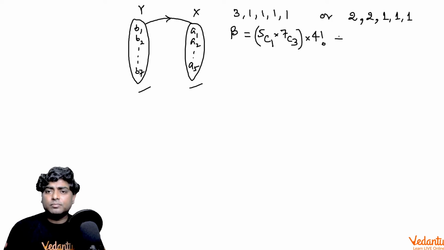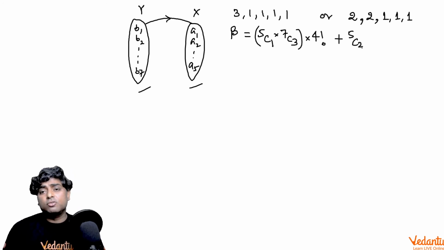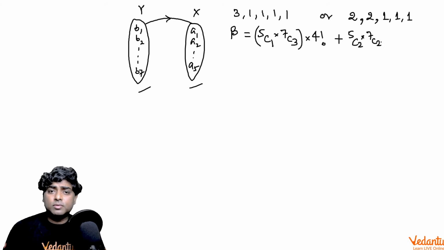Second case is 2 2 1 1 1. So how can we find this? So there are two elements of x going to be engaged with two elements of y. So what are those two elements of x? So we have to select it in 5C2 ways. Now for the very first element of those two selected elements of x, say we have selected a1 and a2. Now we will think over a1. A1 is going to take two elements of y. Which two elements? So for that, 7C2. Select two elements from the set y out of b1 to b7. So first element done.